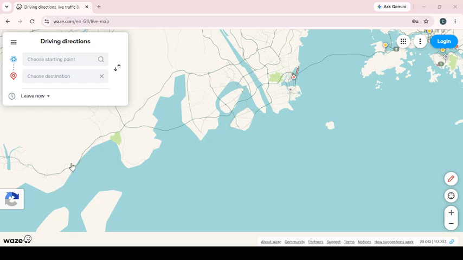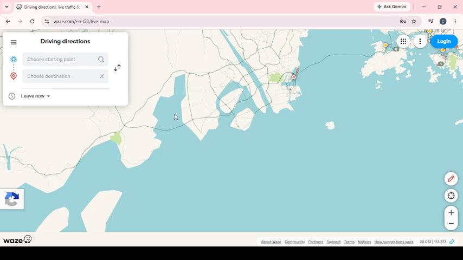In today's video, I'm going to teach you how to open the Waze Live Map Destination Planner and enter your starting point. To begin, open Google Chrome on your computer. Once the browser is ready, go to the Waze Live Map Destination Planner page. You can do this by typing the website address into the address bar at the top of Chrome and pressing enter. Give the page a moment to load fully so all of the map tools and navigation options appear correctly